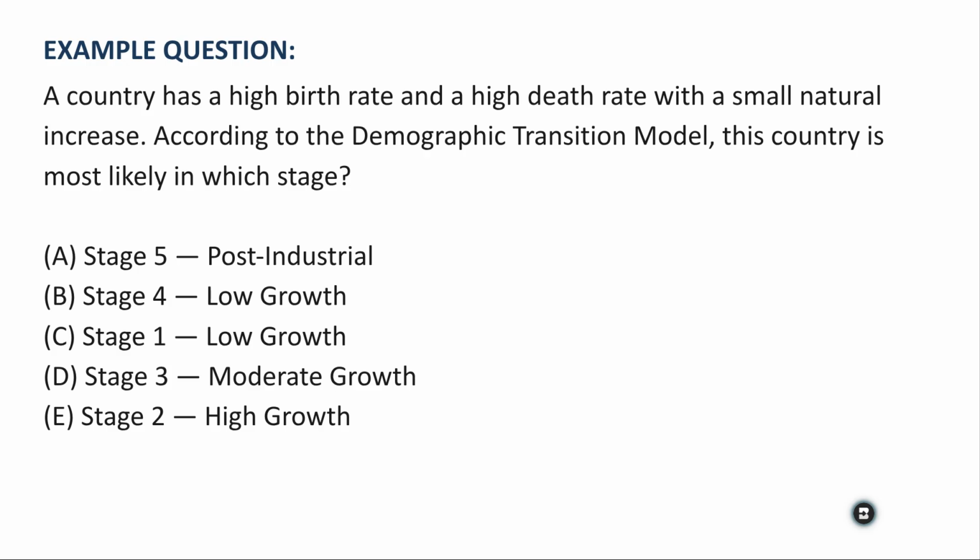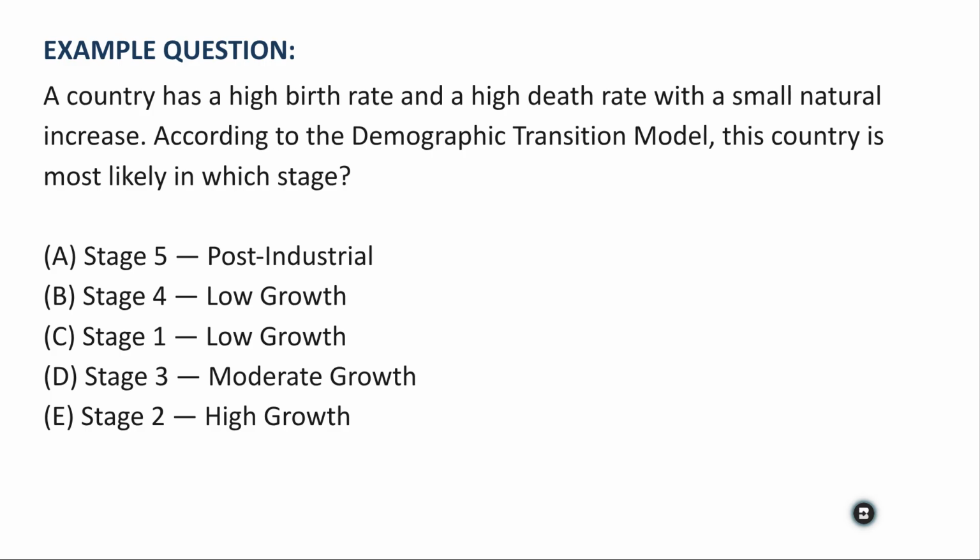Let's take a moment and walk through this particular example of an AP Human Geography multiple choice question using the POE process, or the process of elimination. The question itself for this MCQ is as follows. A country has a high birth rate and a high death rate with a small natural increase. It's then asking, based off what we can see here, the stage of the demographic transition model, or the DTM,